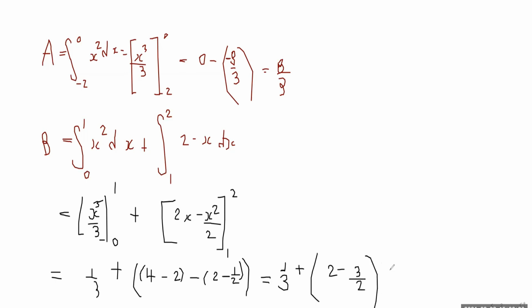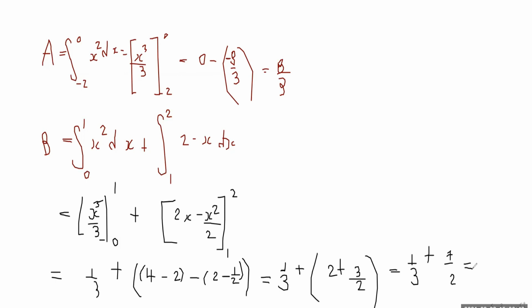2 minus 3 over 2 is negative a half, no? So 2 minus a half is 3 over 2. Two by itself is 4 over 2. So 2 plus 3 over 2, that is 4 plus 3, which is 7 over 2. So it's 1 over 3 plus 7 over 2. And 1 over 3 plus 7 over 2, if my math serves me well, that is,